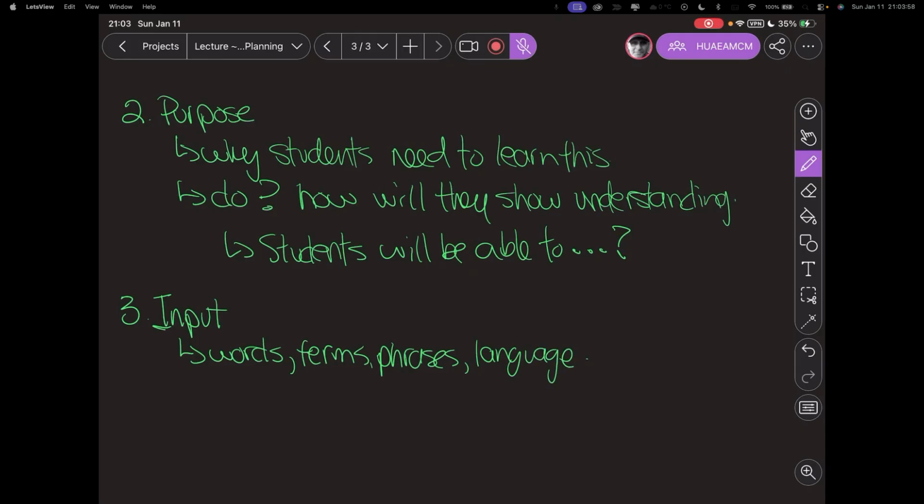In a minute or two, I'm going to walk us through some of these steps and show you that if students didn't know these words, they wouldn't get the lesson. That's what input is. We could also put in some concepts as well. So I might as well just do the example now.